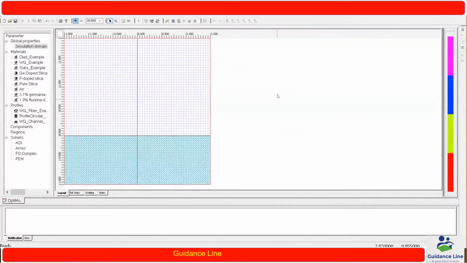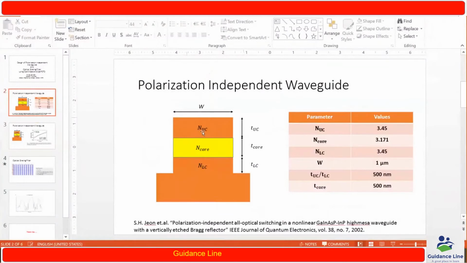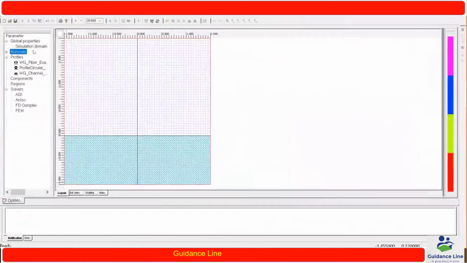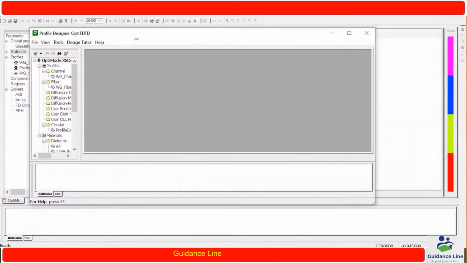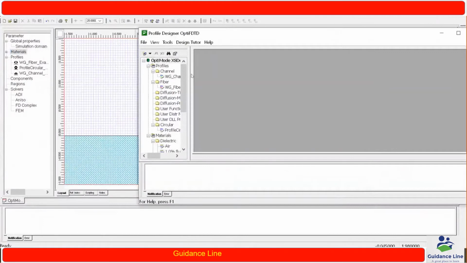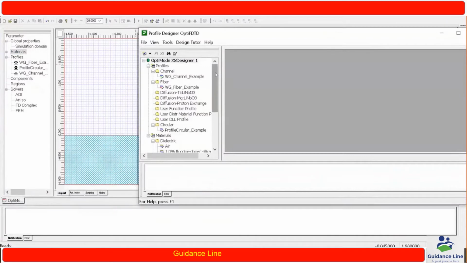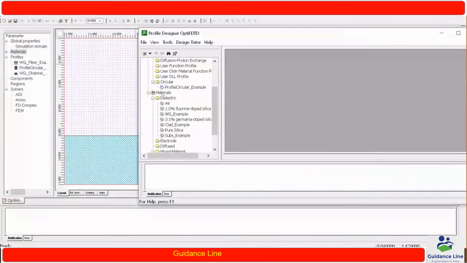Now the next portion, as you can see, is that we have to define the dielectric materials. First I am double clicking on the material, which opens the profile designer dialog box. In it we have a material section with different types of materials we can define.